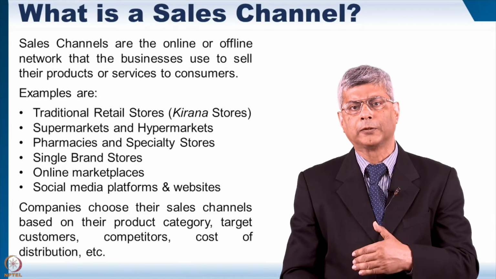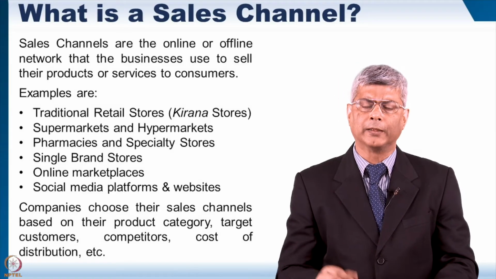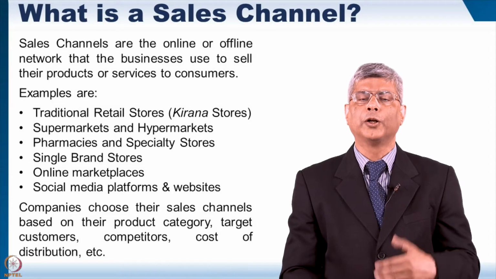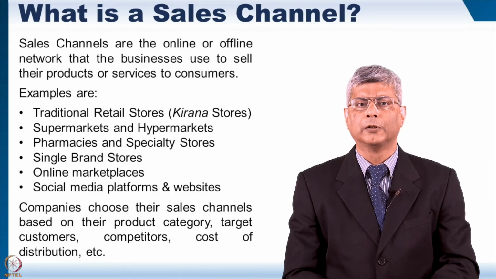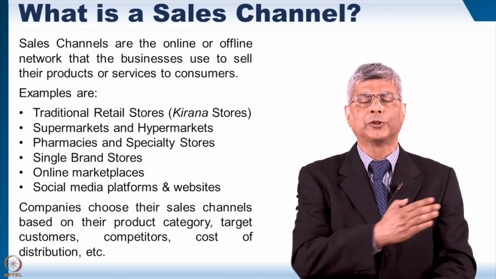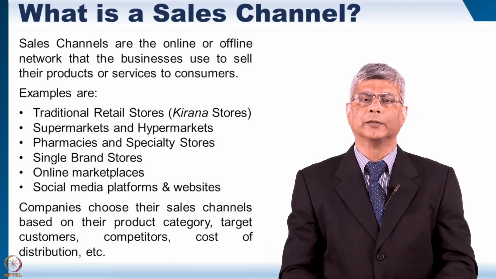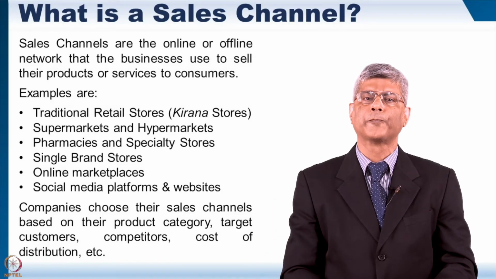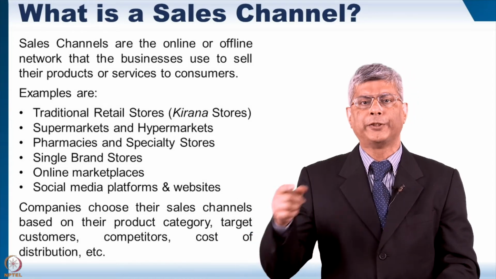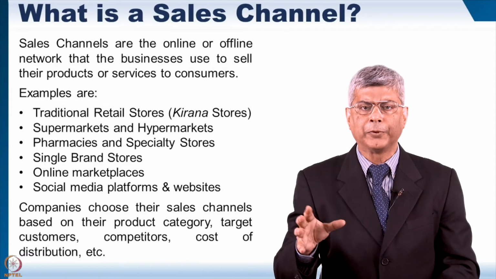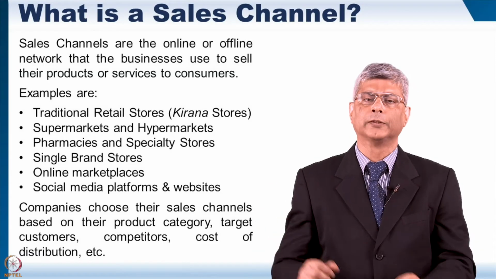You could be buying a product from an e-commerce platform like Flipkart or Amazon or Nykaa. Or you could be buying it from a Facebook advertisement or on Instagram. So the way the product flows from a factory to you is actually the channel for that company, for that product, for that brand. And companies choose their channel, which means how they reach you, very carefully, depending on what product category it is. So if it's a soft drink,